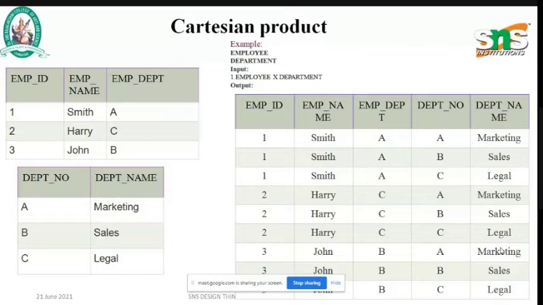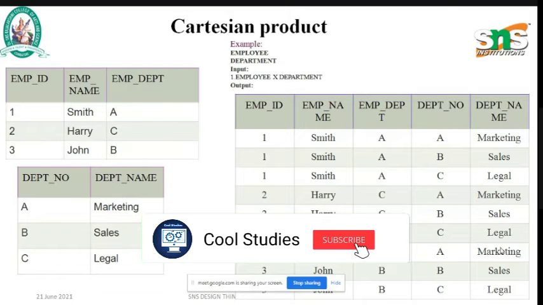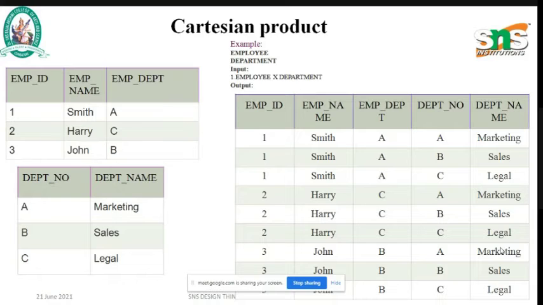Similarly, for Harry also, each row in the first table and each row in the second table is considered. For John also marketing, sales, and legal. The first table consists of three elements and the second table consists of three elements. So 3 times 3 is equal to 9. So in the output we have 9 elements in the Cartesian product.